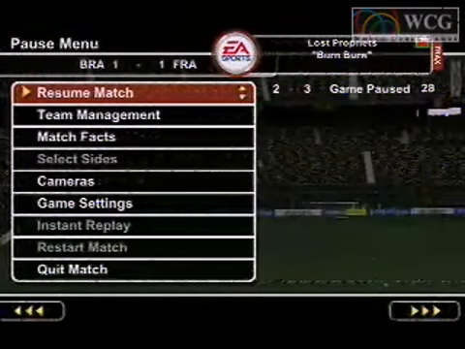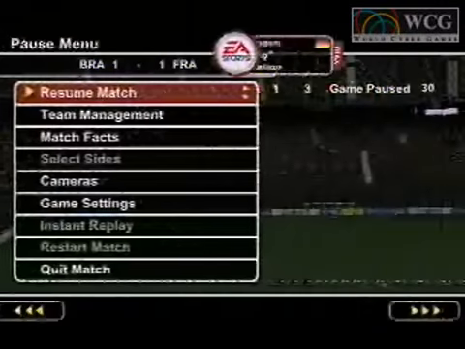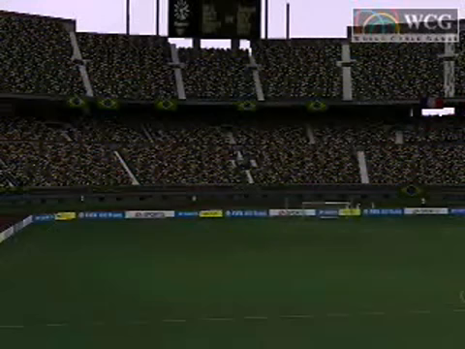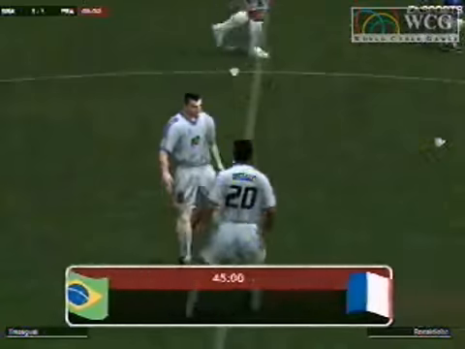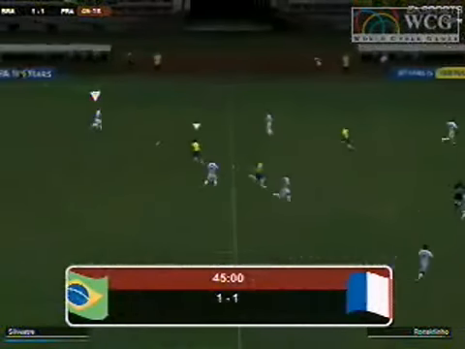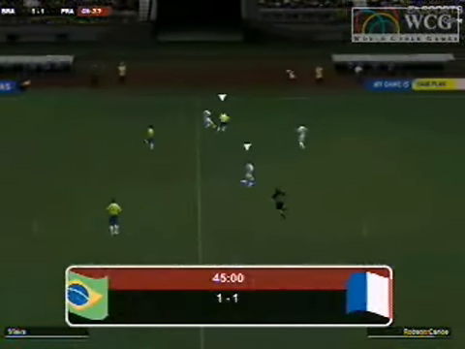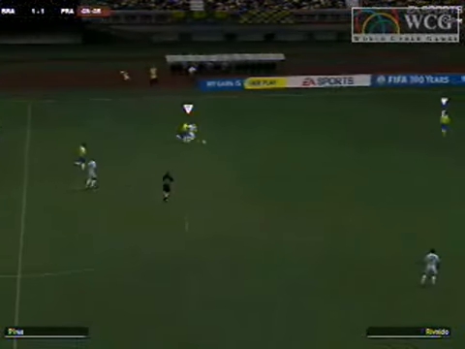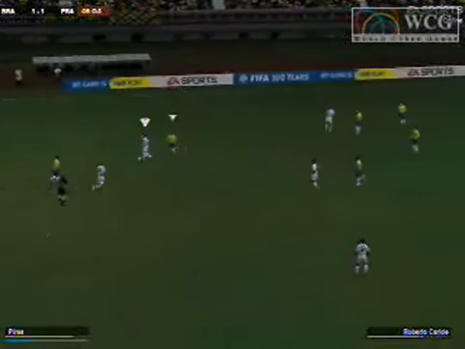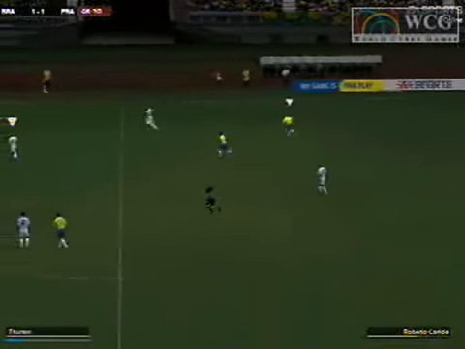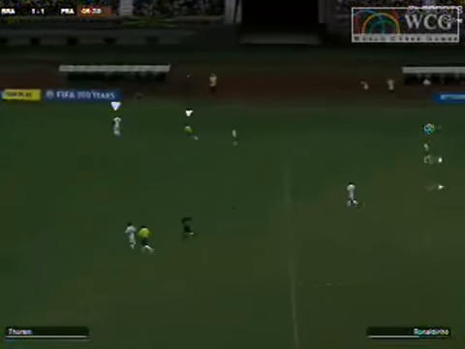The Germans are going to have to bring the heat in this second half because this is the second game. Let's see if we see some team management changes. We do not. France on the kick-in. It's going to have Silvestre make a run down the line. He's got Perez. Perez trying to get something going, looking to see if his strikers can make a run. Going to send the ball back down the field to Thuram.